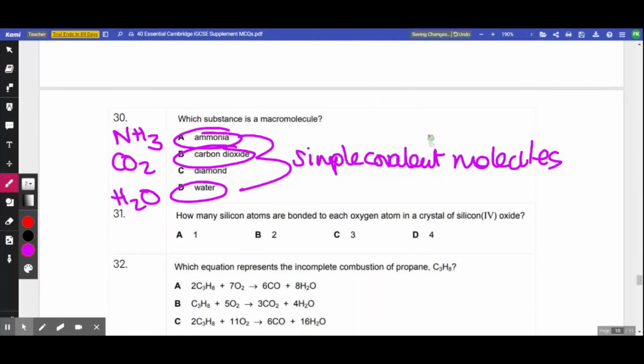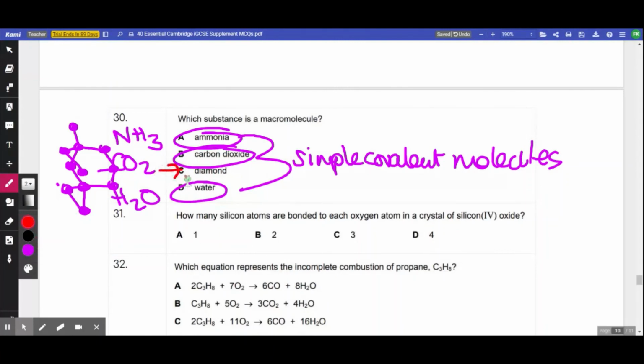Whereas diamond is a structure that has carbons, and each of the carbons is basically a repeat unit of that. So each of the carbons is joined onto 4 more. So you just can pass away the time just drawing diamond structures to your heart's content. And that is the structure of diamond. If you just continue that, it's a massive or macro molecule. So the correct answer is